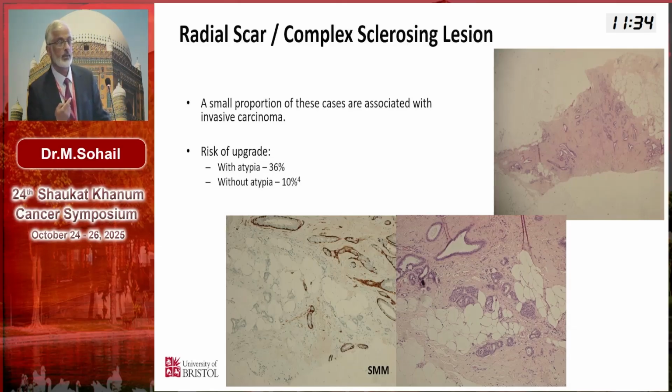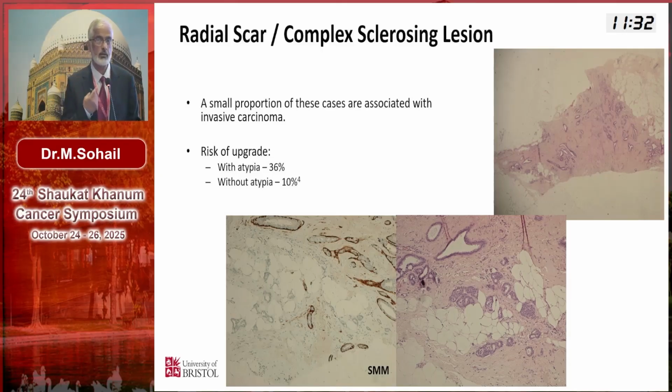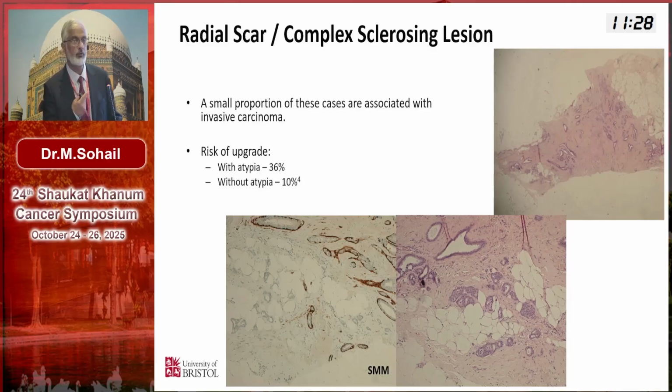I remember that in 1995, when the paper came out from Royal Barts regarding the association of tubular carcinoma and the radial scar, it was about, I think, 10% or something. But that was on the core needle biopsy. And since then, historically, we have always gone on the excision side on this. But later on, when VAB came into practice, the incidence has gone to less than 1% now.